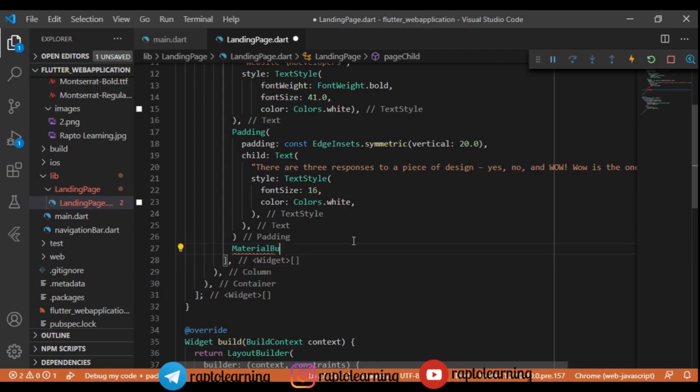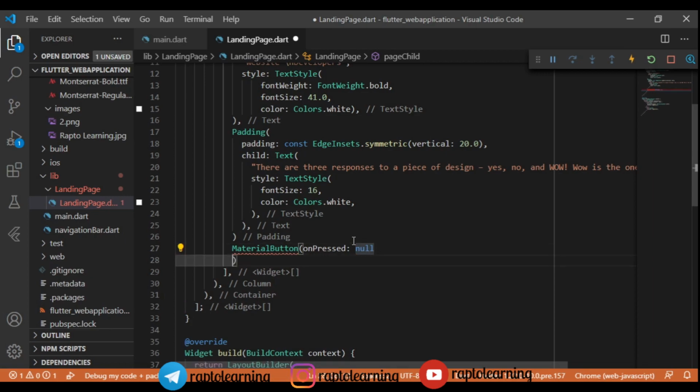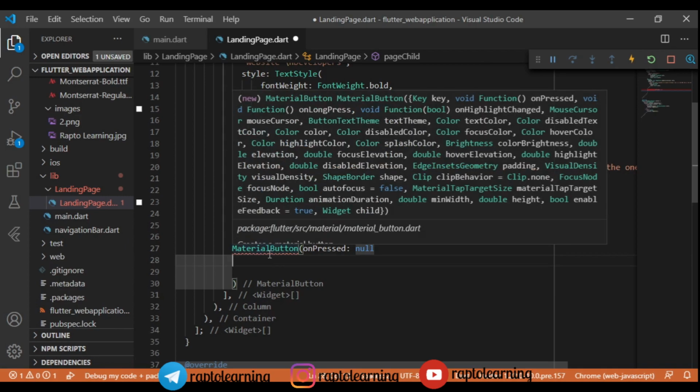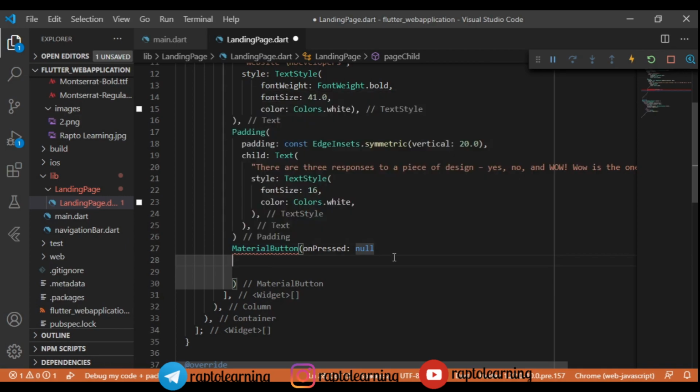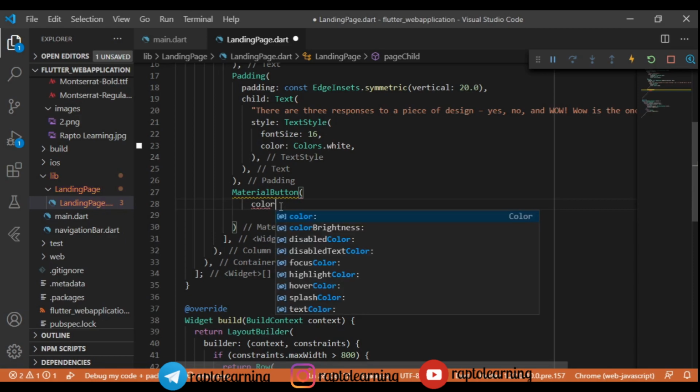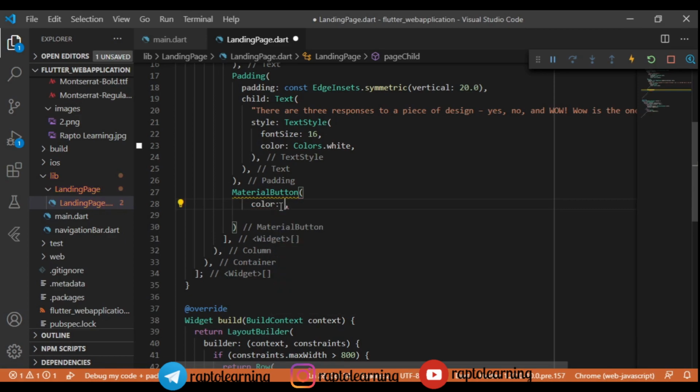I just cut this out, that is Material. We will just write a material button here, as we have to mention our packages to the client. On pressed will be null for now. We are not going to implement the whole website, I'm just going to explain the basic layout, and you can add more features if you want, clone this whole project and make your own web app using Flutter. This is not the place to add the material button, so I will add it below the padding. Yes, this is working perfectly fine.